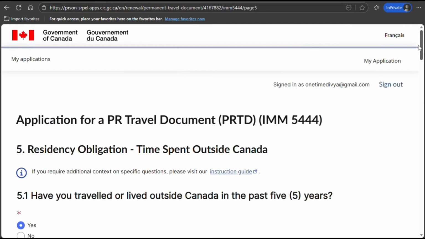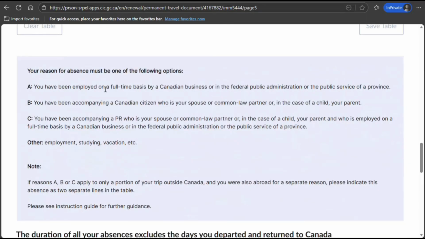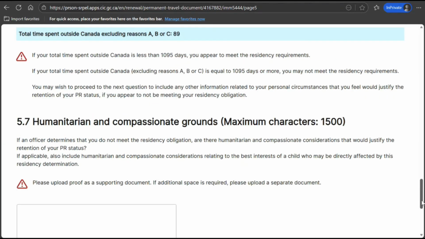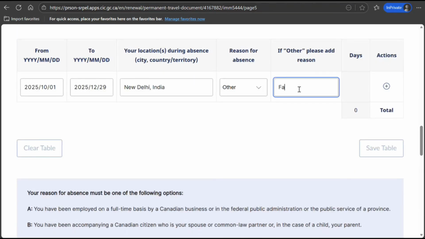The reasons they have given are: you have been employed full-time, you have been accompanying a Canadian citizen who is your spouse, accompanying a PR, other employment, studying, vacation, etc. I'll just say family emergency, family issues. You should describe it a bit also.